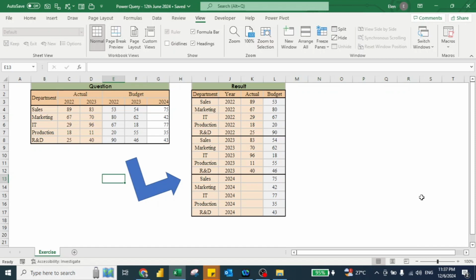So today we will learn on Power Query, where we will transform this data into a desired output. So let us look at how Power Query can transform this particular database into a desired output. So let's get started. Now if we look over here, we do have a question whereby we have a